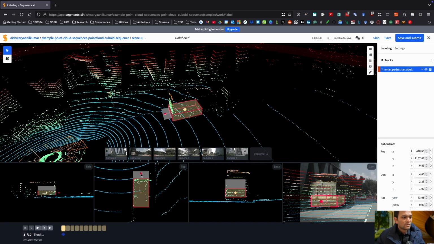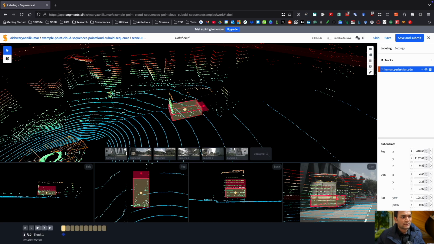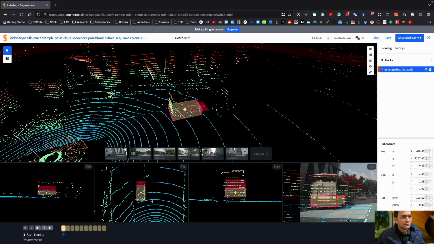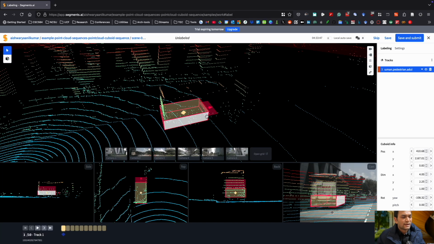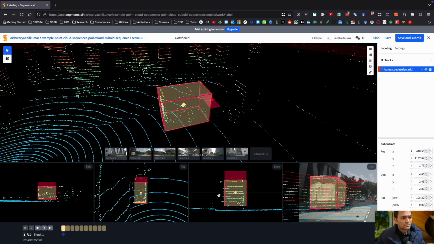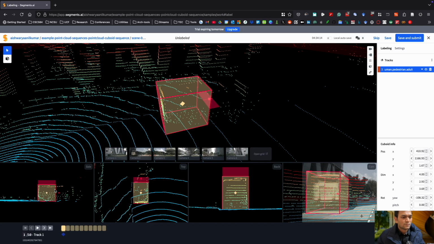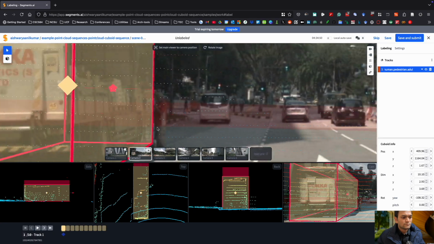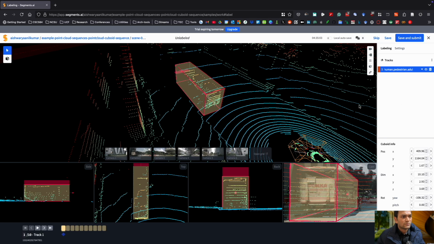By the way, this is the orientation of the truck, so you just want to make sure it's oriented correctly. The arrow is the heading direction. Now I can use this 3D viewer to manipulate the cuboid. I can grab any side and adjust it, and do that with the top side as well. Then use our 3 different views at the bottom to adjust the cuboid. Okay, once you're satisfied with the cuboid in all the views,